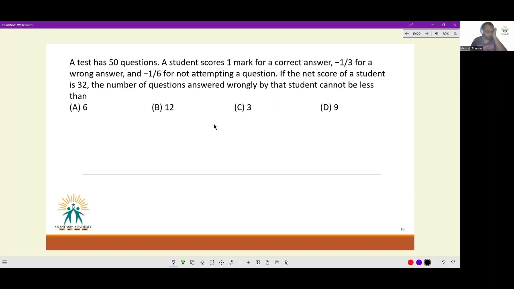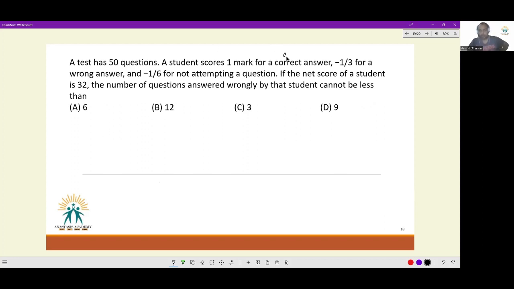Next one now. This is a fairly popular question in a fairly popular setup. Hopefully, with this solving that I will do step by step, you will understand what I'm trying to get. A test has 50 questions. A student scores 1 mark for a correct answer, -1/3 for a wrong answer, and -1/6 for not attempting a question. If the net score of a student is 32, the number of questions answered wrongly by that student cannot be less than. One way of solving it is, of course,